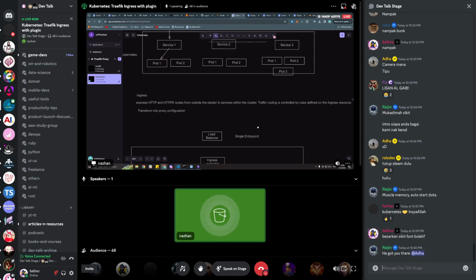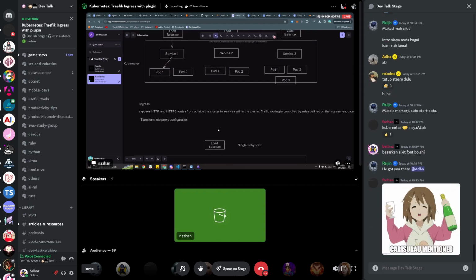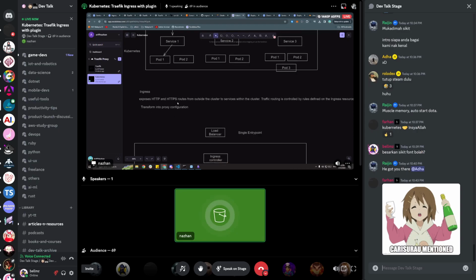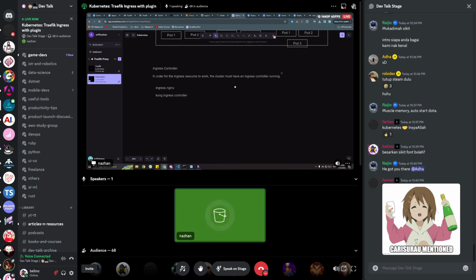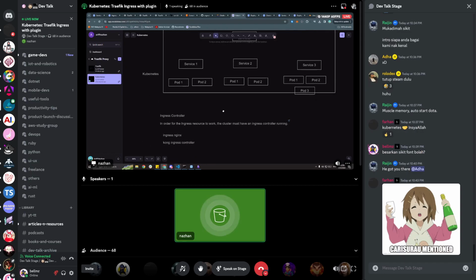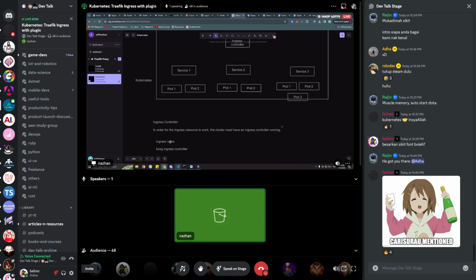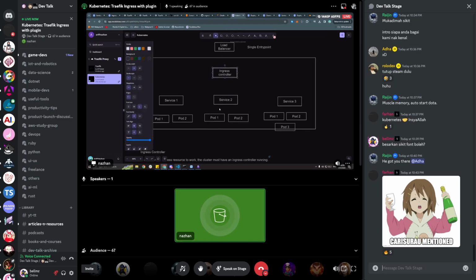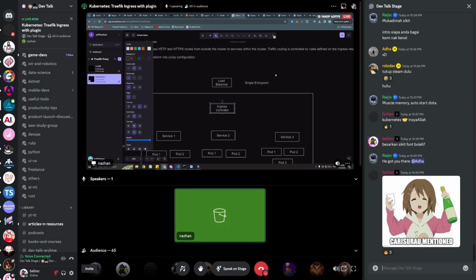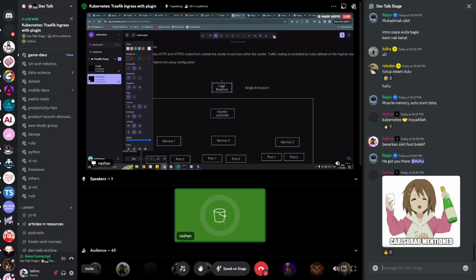Okay. So Ingress ni dia macam expose HTTP, HTTPS routes. Okay, actually sekejap, I kena sentuh Ingress controller dulu kot. So sebab tu kita kena ada Ingress controller. So Ingress controller ni macam just a nginx, macam mana dia proxy kan, dia reverse proxy and then dia proxy you to the service. Okay. So bila kita buat Ingress controller ni, bila kita deploy, it will just spawn just one load balancer lah. Okay. So load balancer dia just akan masuk